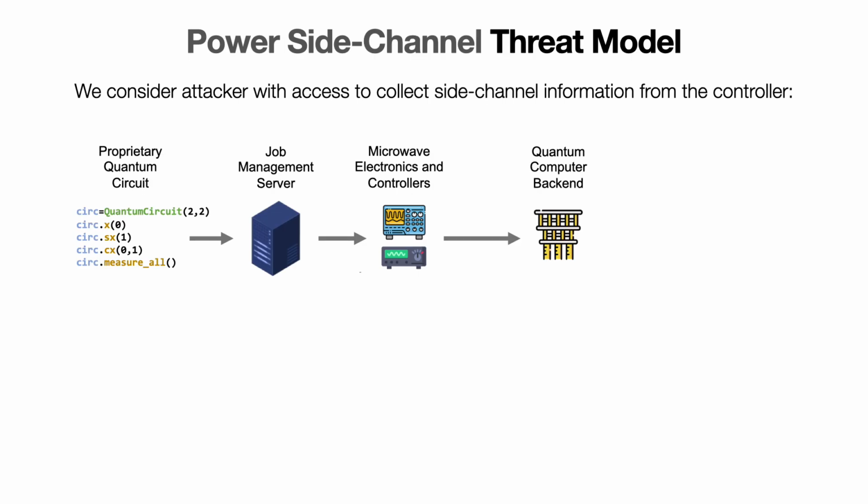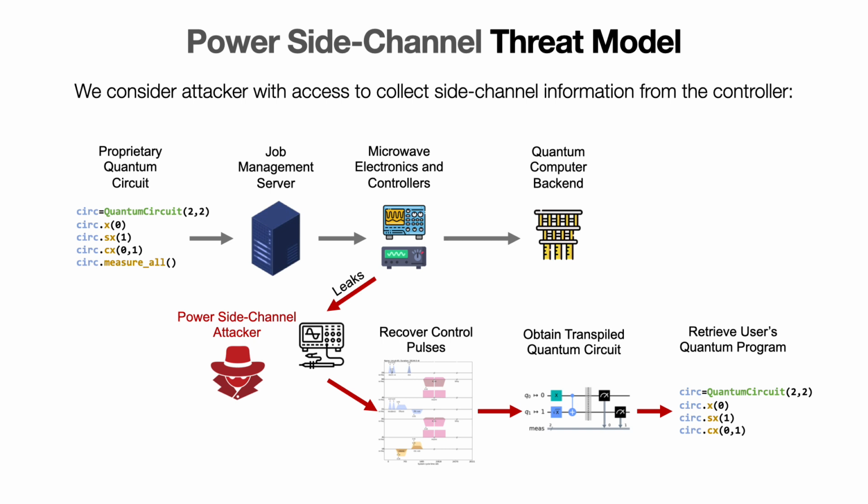This figure shows the operation of today's cloud-based quantum computers. Remote users submit jobs to the cloud provider, where the job management or similar server dispatches the jobs to particular quantum computers, also called backends on IBM Quantum. Typically, the digital instructions are sent to controller logic, such as microwave electronics, which generate the actual analog control signals sent to the quantum computer.